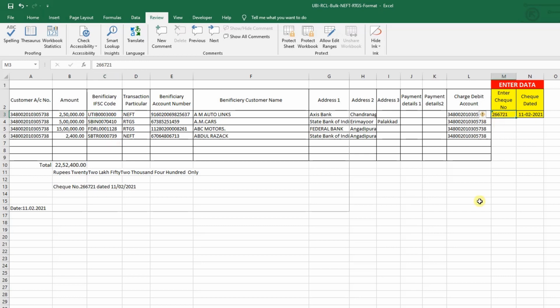Just mention here the check number. Now this check number will be changed. Here it is written as check number. See, the check number is changed to 123456, and this is today's date. It is automatically taken.